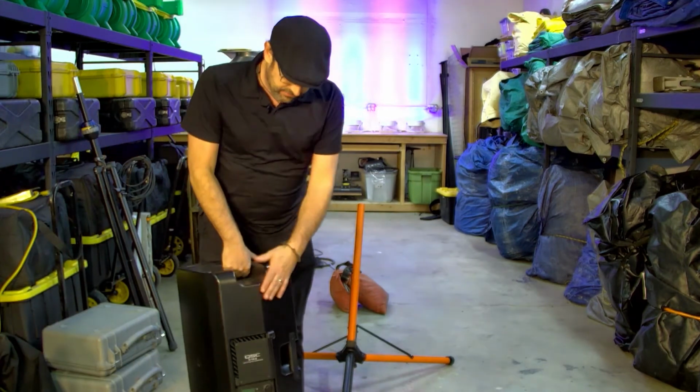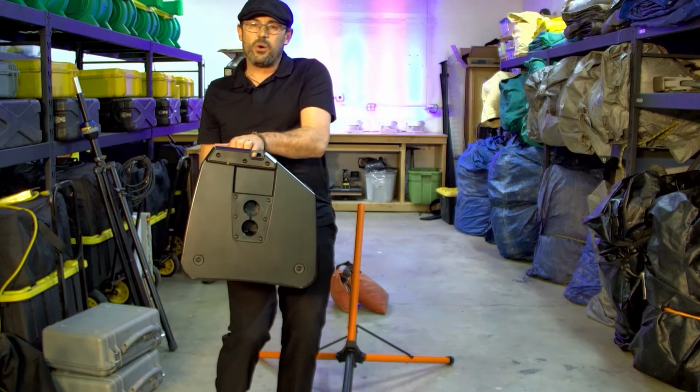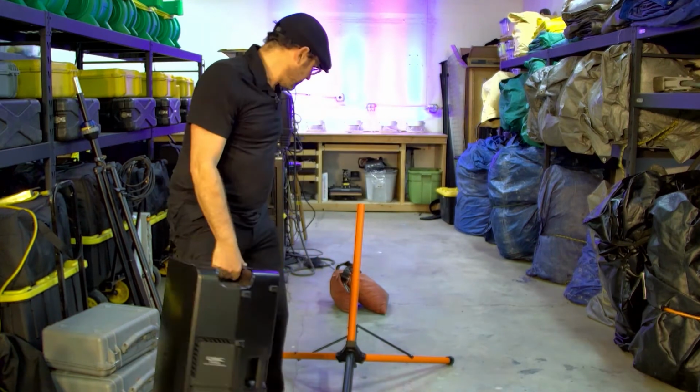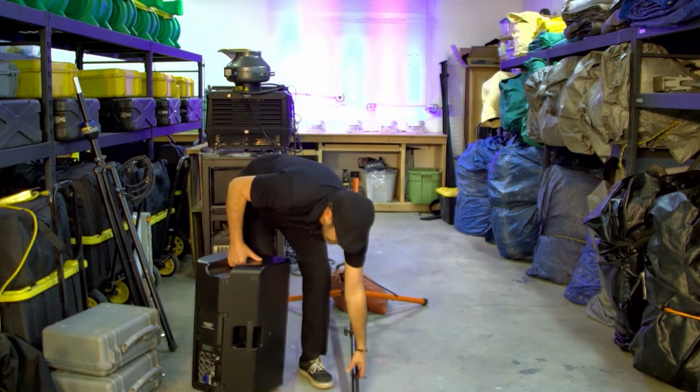Now, if you do have the QSCs, you have to choose the right hole. I'm going to go in the back hole so it's straight. Am I just out of frame? I think I am. Okay, cool. So while it's on the floor,